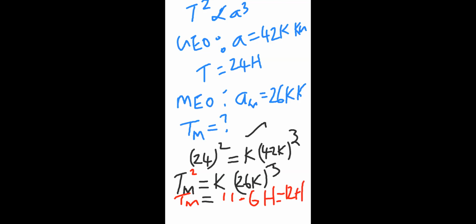In one day that particular satellite will make 2 rotations, because the orbital time is only 12 hours. Earth takes 24 hours generally, so in one day the satellite will complete 2 rotations.